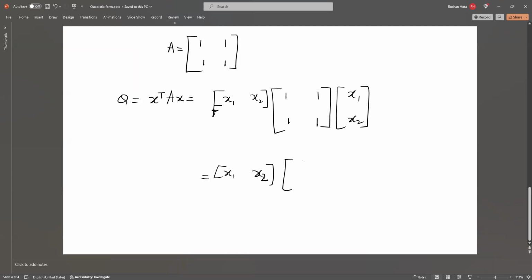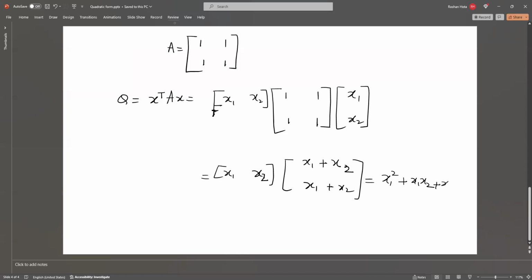So here I will have x1 plus x2. Here also I will have x1 plus x2. If I do this matrix multiplication, I will get x1 square plus x1, x2